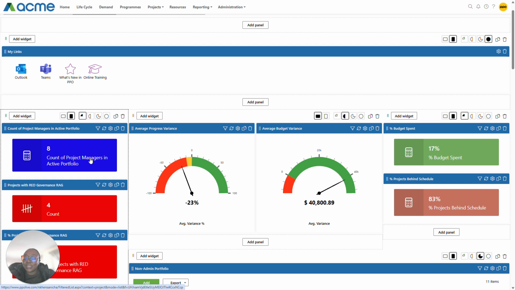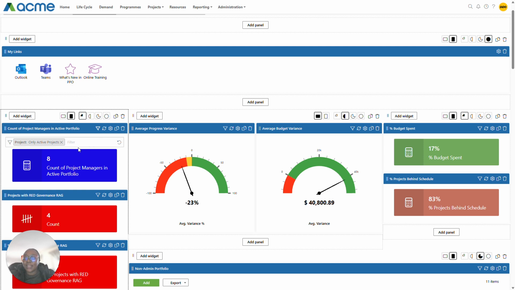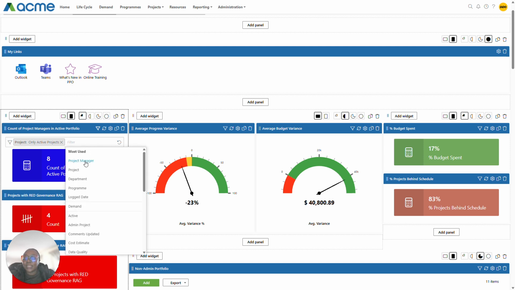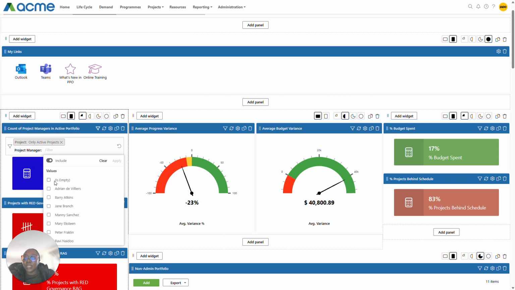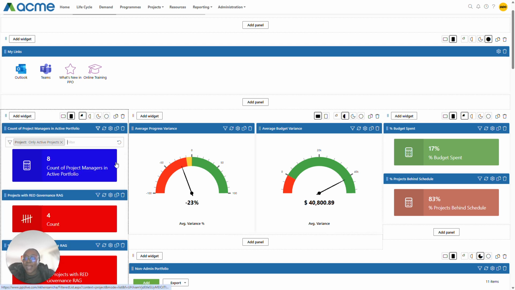And the reason for this is because by default, when you use the count distinct option, it includes empty values. So one would need to change their filter options. So we are looking at only active projects, but I want to exclude any projects where the project manager field is currently empty. So I would need to select is empty and toggle this to say exclude, apply, and